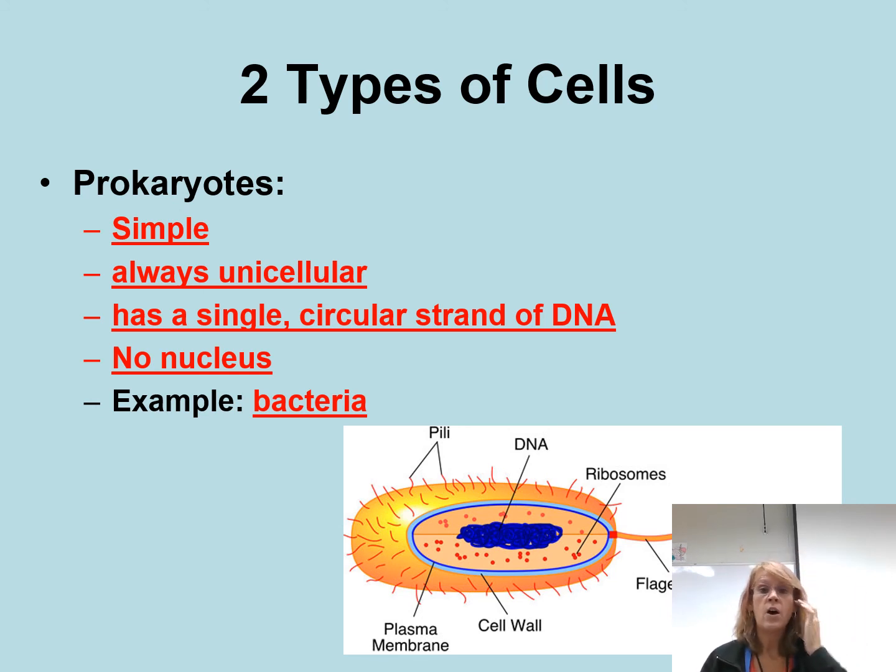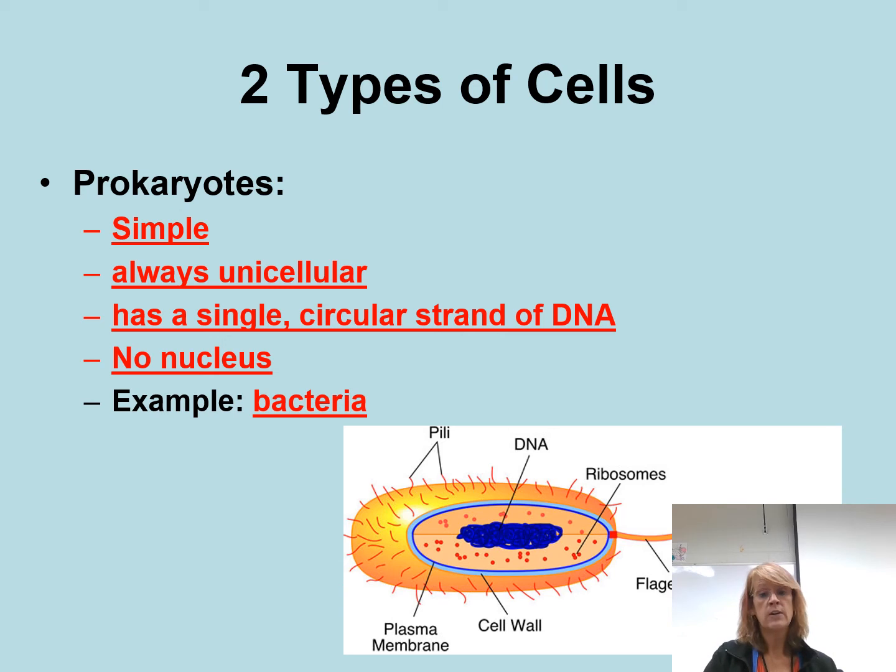They don't have all the other parts of the cells. They're not going to have what's called the Golgi body. They're not going to have vacuoles. They're not going to have vesicles. They're not going to have endoplasmic reticulum. Things like chloroplasts, or some bacteria have chloroplasts. So they're not going to have all these other parts. They're very simple. They're very plain. They just have a few parts in them.